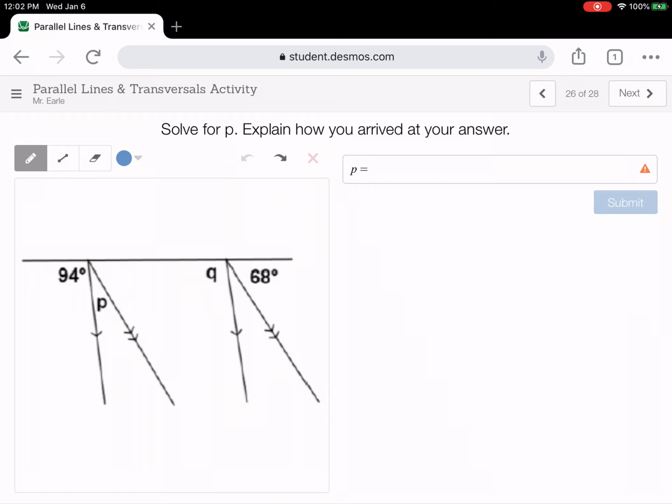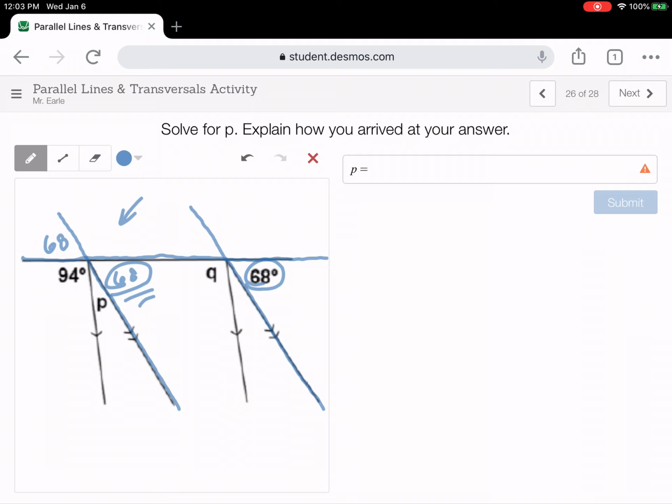Now what I'm going to do is highlight these double hash mark lines because those are parallel. And I'm going to block out everything except for those two parallel lines and this transversal, which is going to allow me to see that angle 68 can be transplanted to a lot of locations in this angle here based on what we know about angle pairs. For example, I could say that this has a measure of 68 because they're corresponding angles. Or I could say now that this has a measure of 68 degrees because that's a vertical angle with this 68-degree angle. So figuring out that that angle there has a measure of 68 is pretty helpful because I know